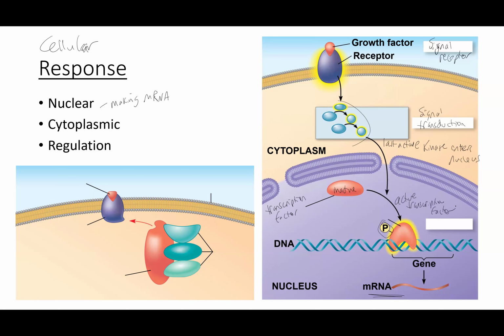That active transcription factor causes the cellular response of DNA being transcribed into mRNA. That's the cellular response. Is an mRNA transcript, is the cellular response to this growth factor binding to this protein and this protein phosphorylation cascade and this active protein entering the nucleus. That's the response. We can also have cytoplasmic reactions,